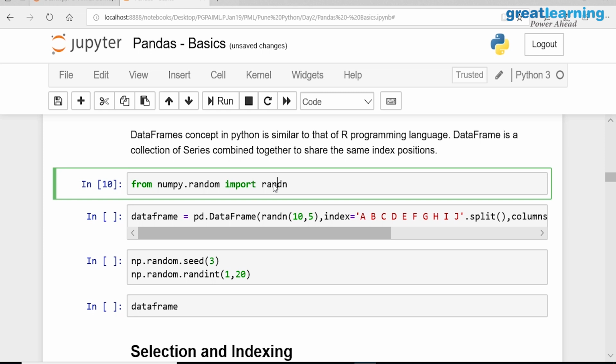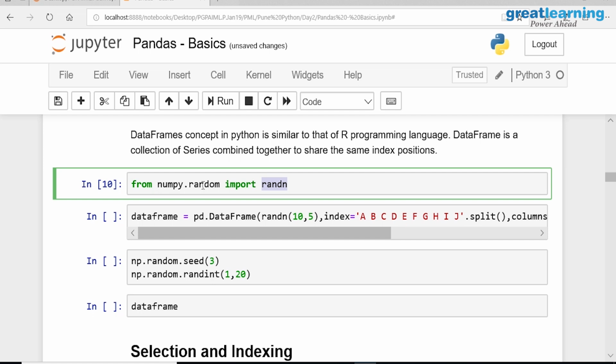The size of your program will increase, isn't it? Because you are getting all the things. So if you want to restrictively bring only certain things, then you can use the from command. From numpy.random, you import only randn. That means don't import the entire numpy package. This is another way of importing only whatever you want to import.